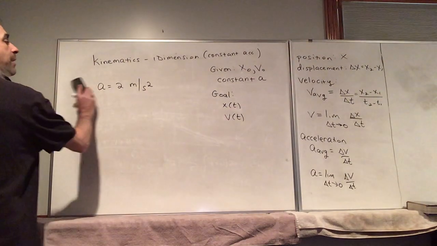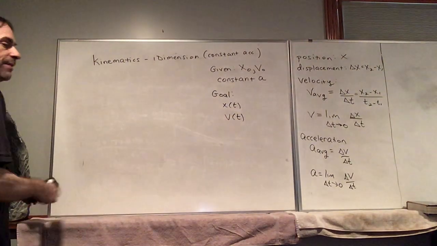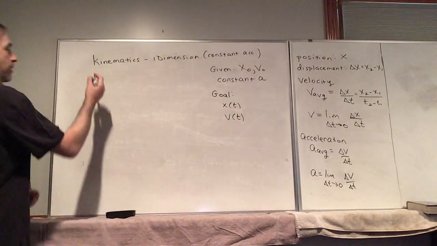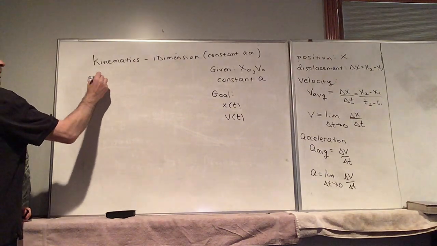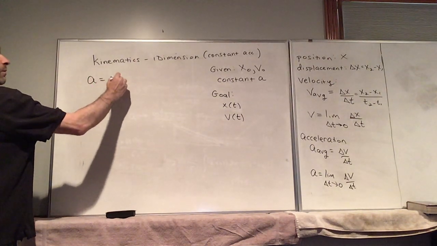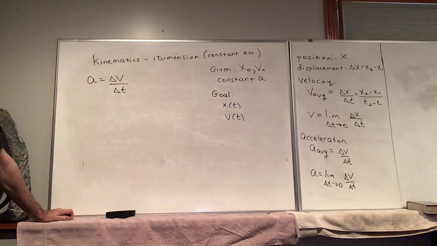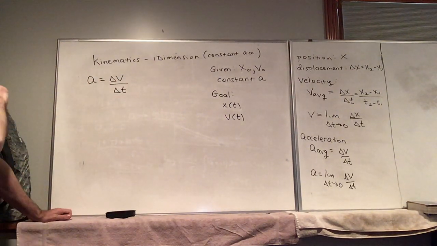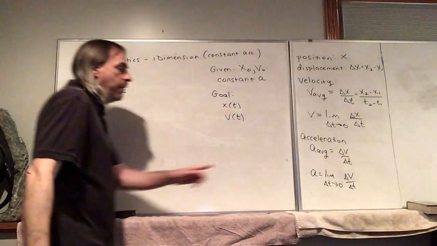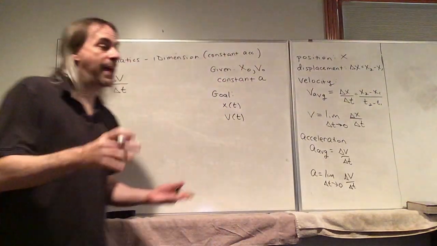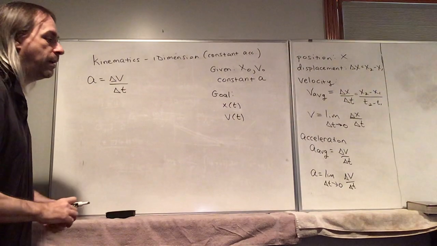And so we're going to start by looking at the velocity equation first. Or we can say that a is equal to delta v over delta t. And again, this is completely valid that we ignored this limit,